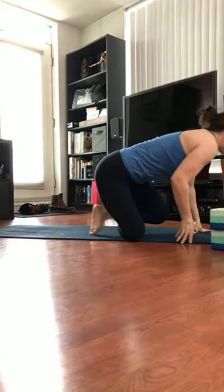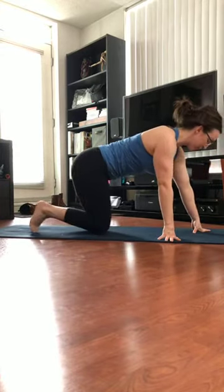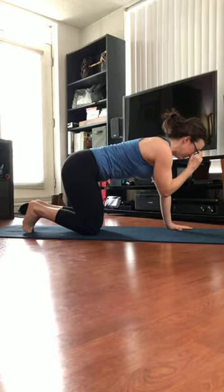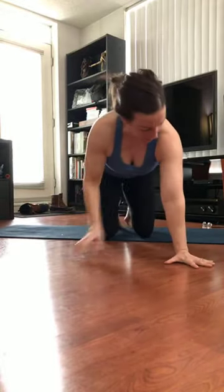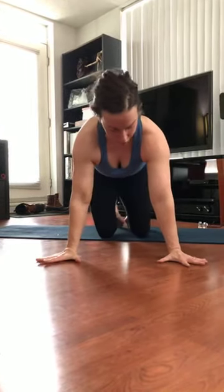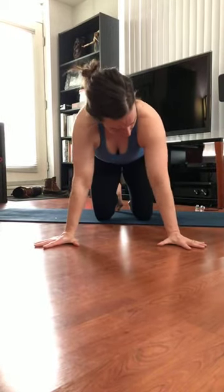And then what I want you guys to do is start up in hands and knees. So I'm gonna find that good hands and knees position. I'm going ahead and set that up. I'm gonna put my elbows under my shoulders. I'm gonna take my hands and turn them out a little bit. I'm gonna spread actively through my fingers and then from my upper arm bones, I'm gonna work to spin my